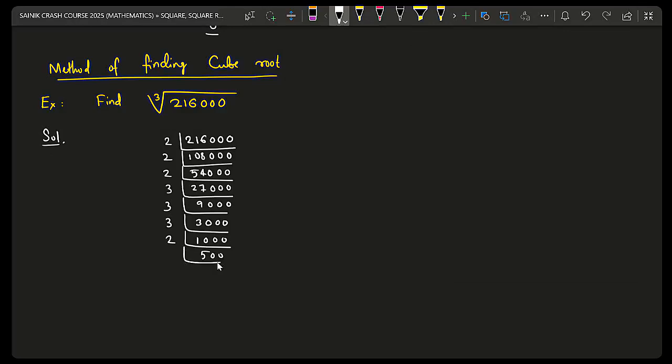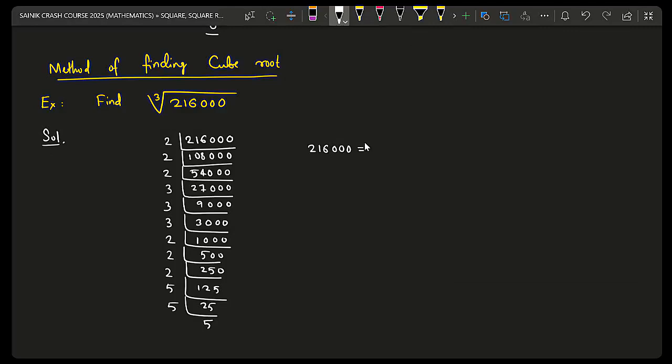500, 2 into 250, 2 into 125. Now it's divisible by 5. 5 into 25, 5 into 5. So let's write it as